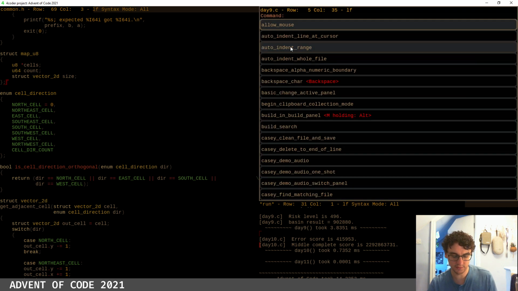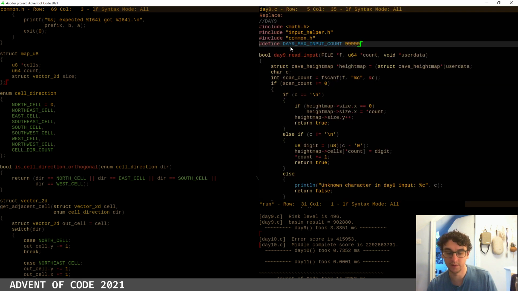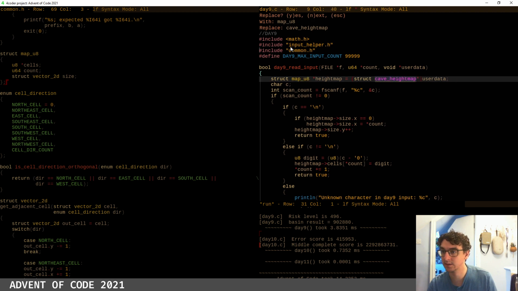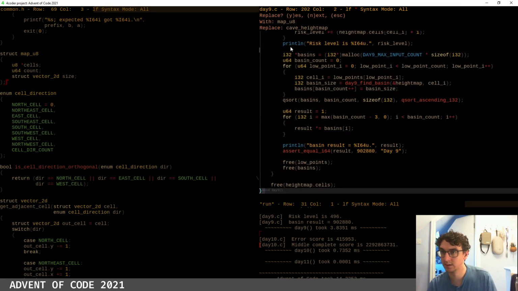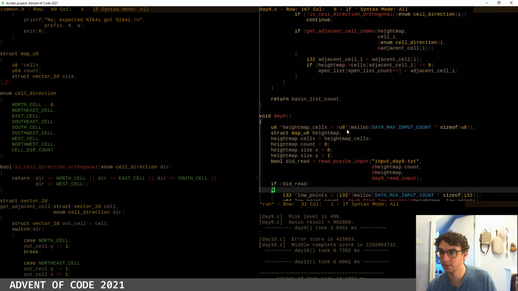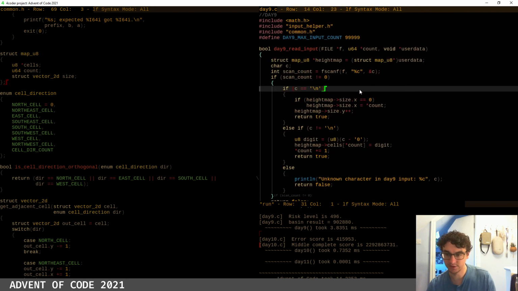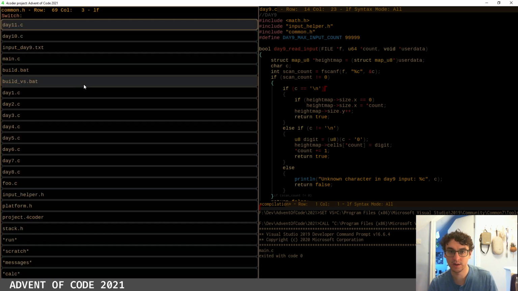And so if I come to replace, and I want to replace cave height map with map U8, did that work? So let's just check that still compiles. It does. And then if we come to our input helper,